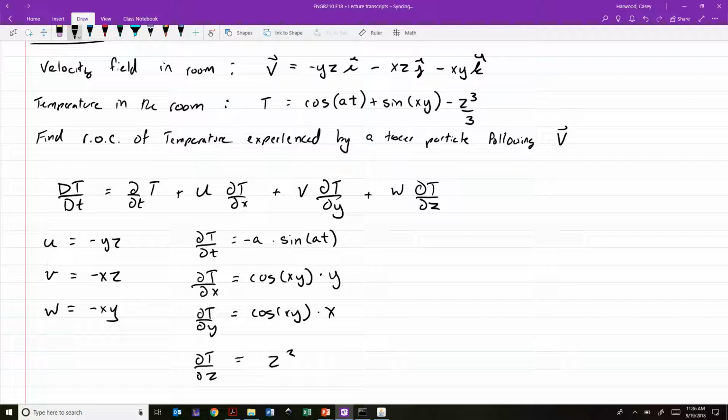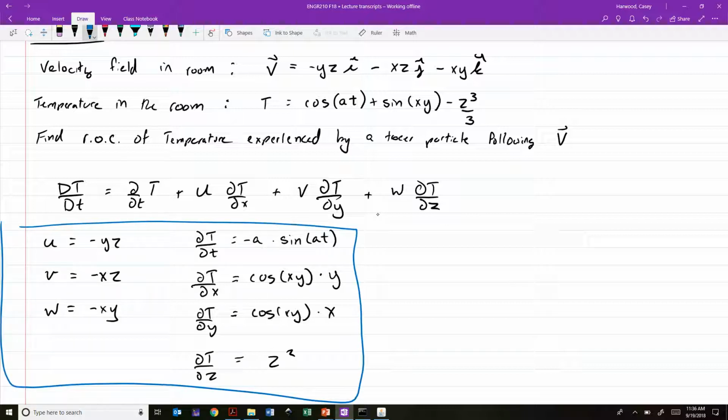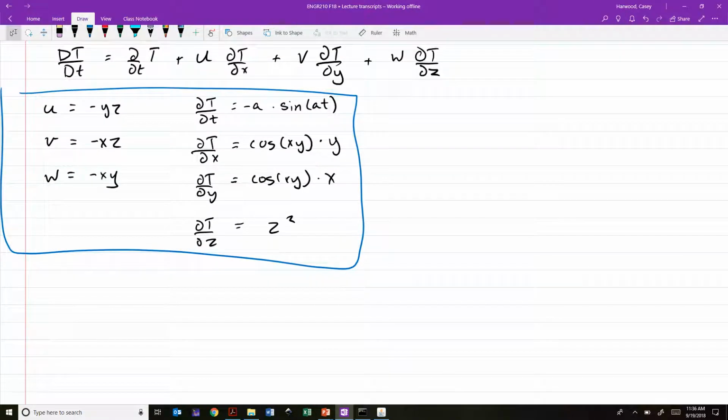So take this, box it off somehow, and recognize that here's your list of ingredients that you can use to assemble the expression that's going to give you the material derivative of the temperature as witnessed by a particle following this velocity field. Simply plugging items in now, DT/Dt is equal to that first time derivative, negative a sine of at, plus u times dt dx. That's this guy multiplied by this guy. So we're going to end up with negative xy squared cosine of xy